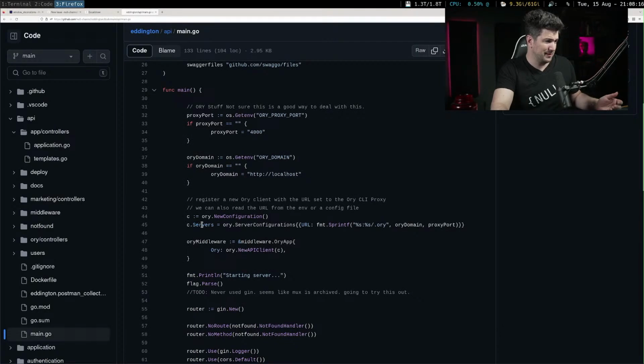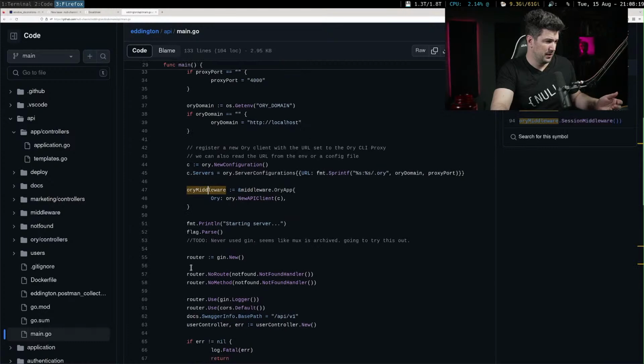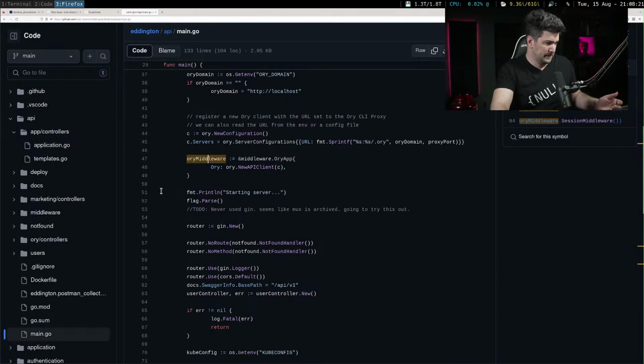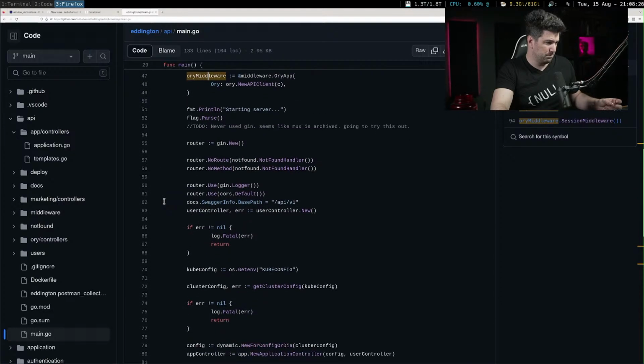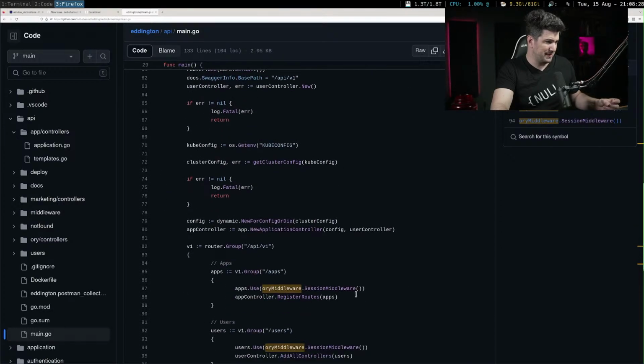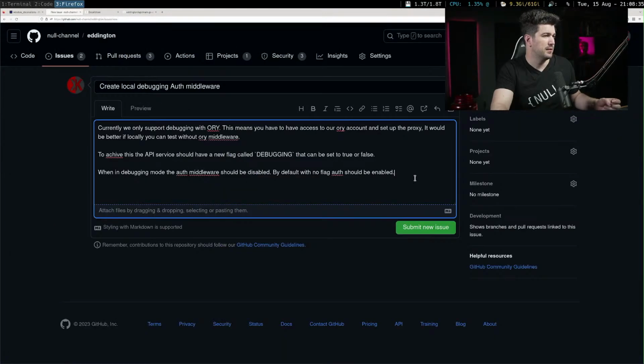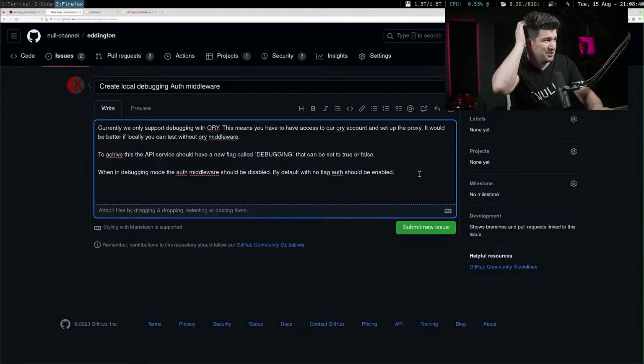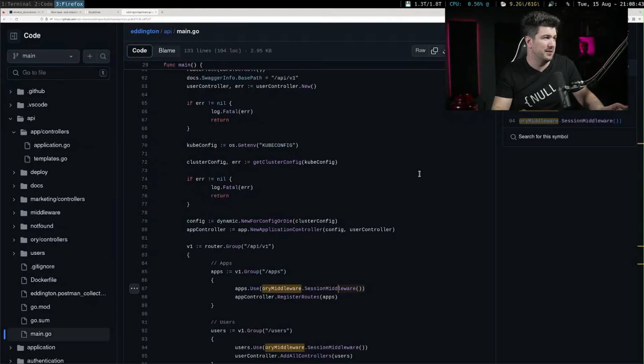So basically, I want to show them how it's used. So copy permalink. I feel like that's a really nice way to show where it's enforcing the middleware on a route.